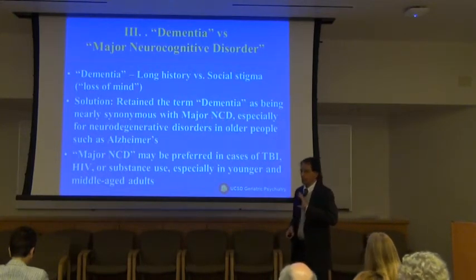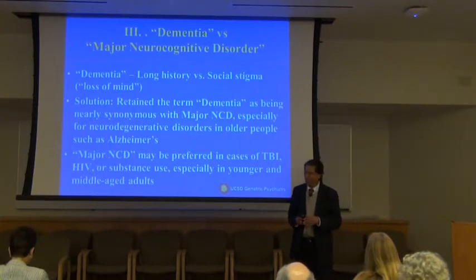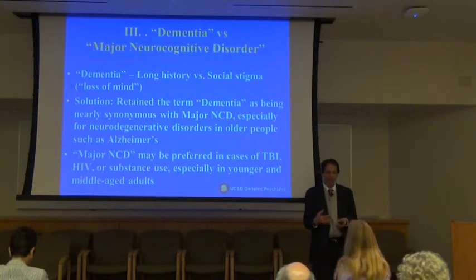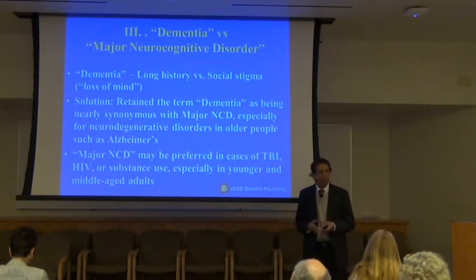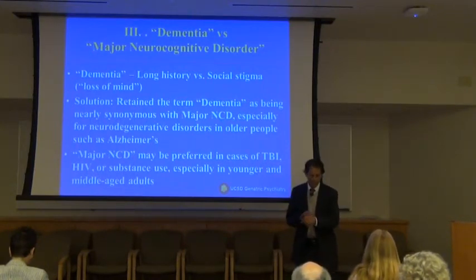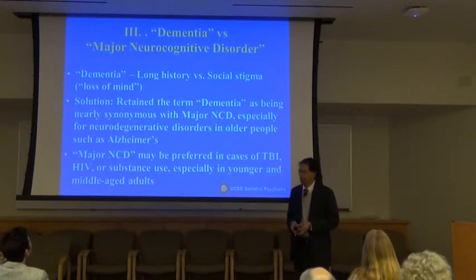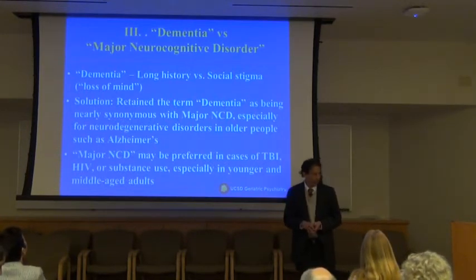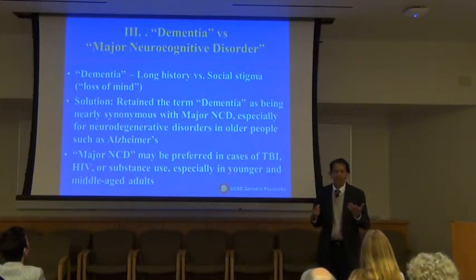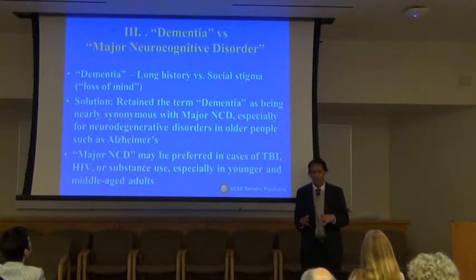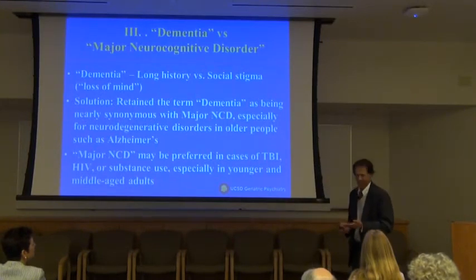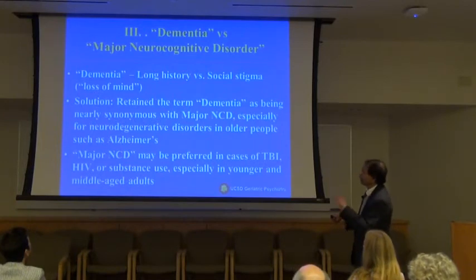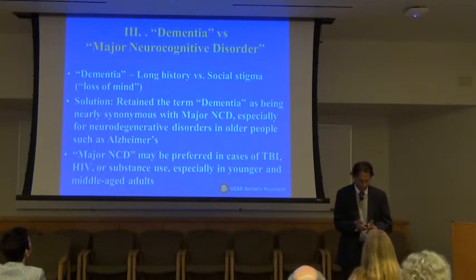My feeling is that the word dementia will go out because it's a demeaning term. It literally means loss of mind. And we have seen even people with fairly advanced Alzheimer's who have good social cognition. Sometime back we celebrated the 100th birthday of a woman veteran. She was in the Navy, and clearly she had moderately severe Alzheimer's, and yet she was still functioning as a lady. She was very aware of the social implications. To call somebody like that demented, I think, is pejorative and insulting. But we'll let the marketplace decide what happens. So that was the solution.